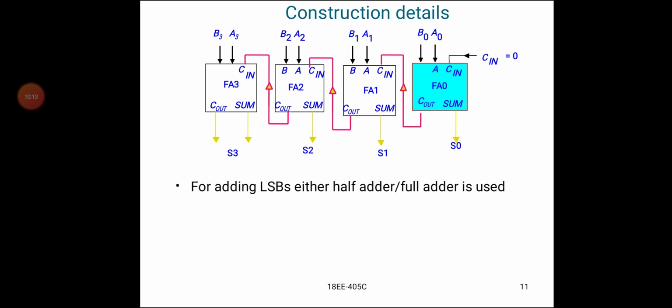the LSB value. Whenever we add the next succeeding bits on the left side of the number, there are 3 bits: the addend, the augend, and one more bit, the carry-forwarded bit. So you require full adders. In order to add the LSB, you require only a half adder. If you want to use a full adder, make the carry input connected to ground, or set it to logic 0.